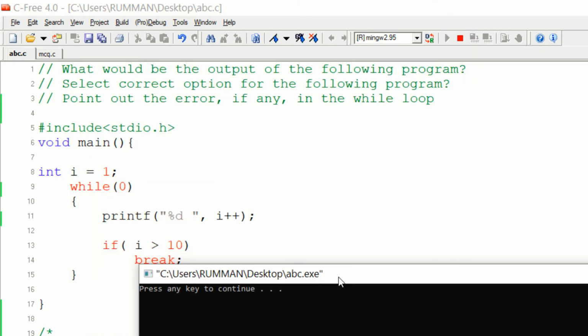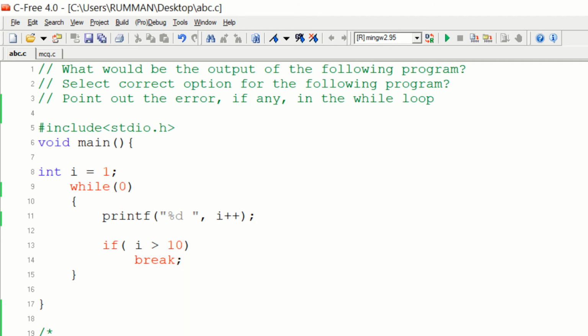You can see that this program is not giving any output. But if you do not give anything inside this, then it will be an error. If you put a semicolon, then also this is a wrong statement.